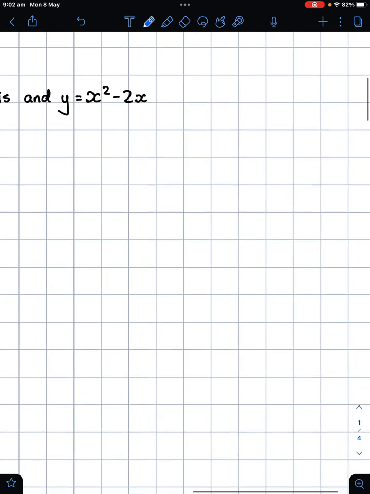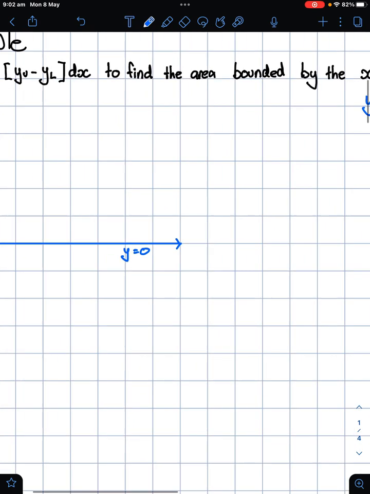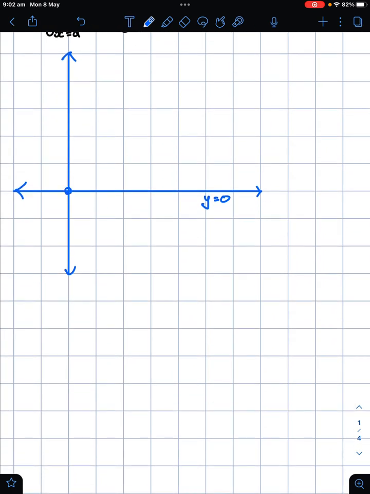Now, a trick to this one is if we can factorize this, we pull out a common factor of x, we get x minus 2. This means that our x-intercepts are going to be x equals 0 and x equals 2. So we're going to do 0 and 2 here, which were our intercepts, and then we're going to draw our